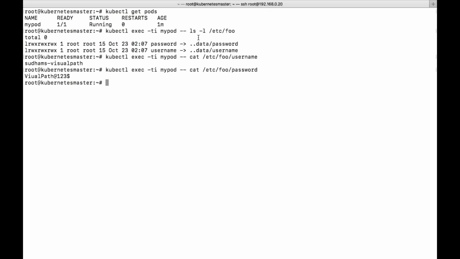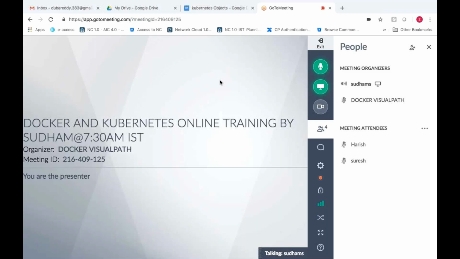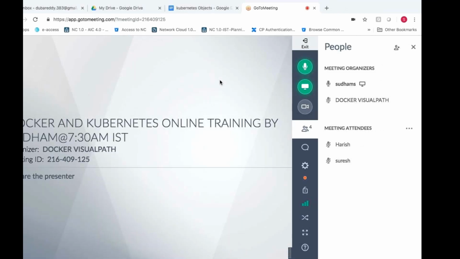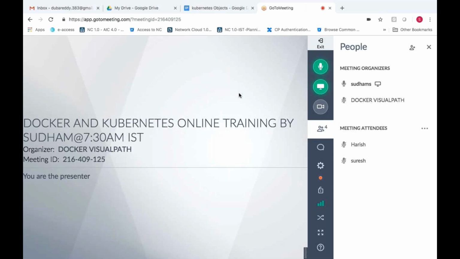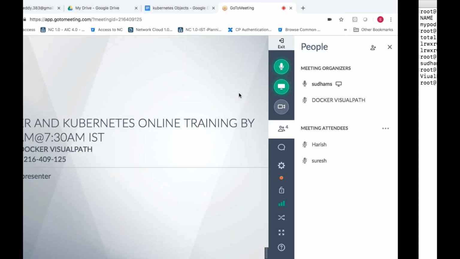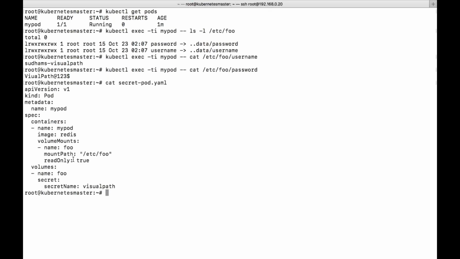So this is how we need to use it. I hope you understood. Any questions till here? Till now we have seen how to use secrets in the pod in general. Any questions? So this is the pod we have created. We have mounted it read only, in the sense you cannot modify the data. We should not modify it, so that's the reason I gave the read only permission. He cannot open the file and modify it.